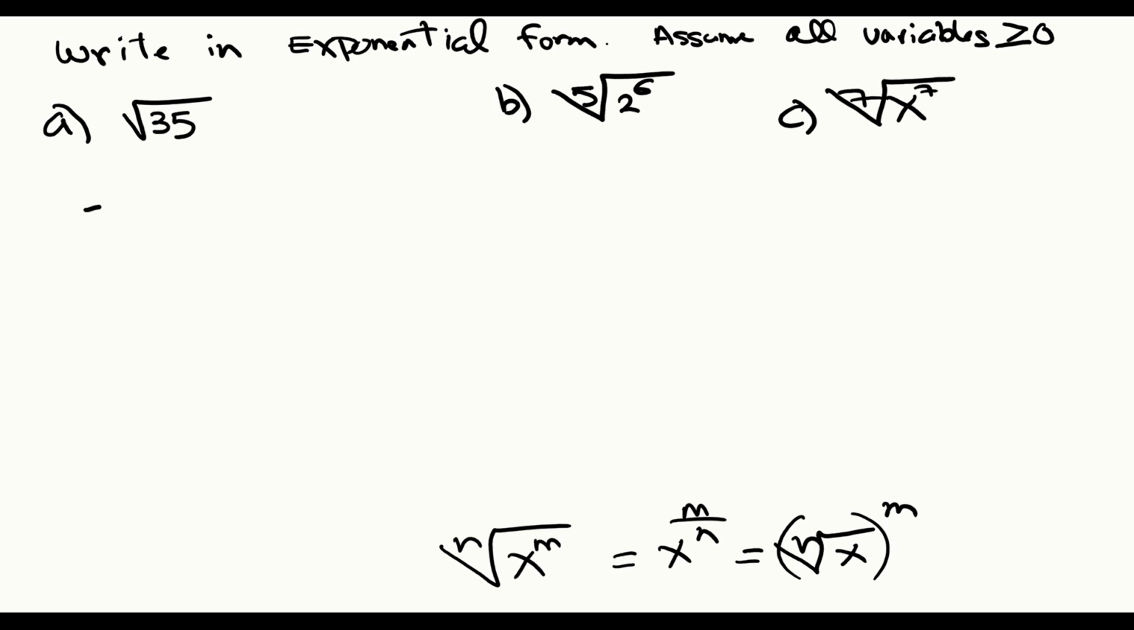So for the first one, that's a simple matter of realizing that if nothing is written there, we always know there's a 2, which is normally not shown. And here inside the exponent is just 1, so we just get 35 to the power of 1 over 2. Remember, in mathematics, whenever you learn an